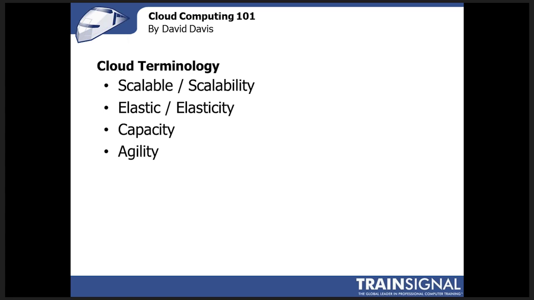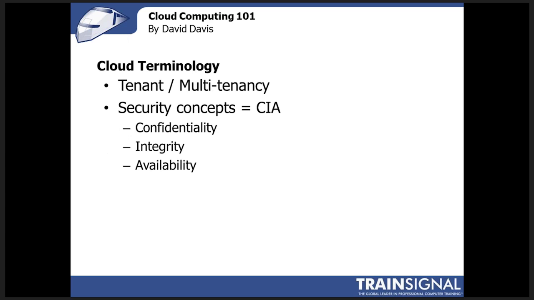And you want the same thing out of your infrastructure. You need to have capacity, meaning the computing resources, the CPU, the memory, the storage, and the network capacity to provide for the virtual machines and your applications that the company demands. And then finally, agility. You need to be agile as an IT admin. You need to be able to support whatever the business needs when it needs it. So those are just some of the cloud terms that I want to make sure that you know.